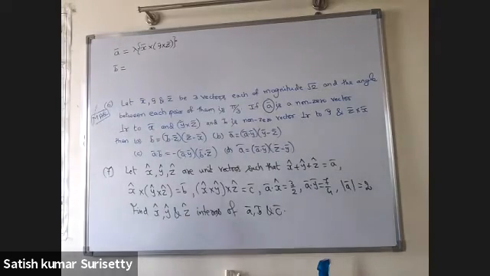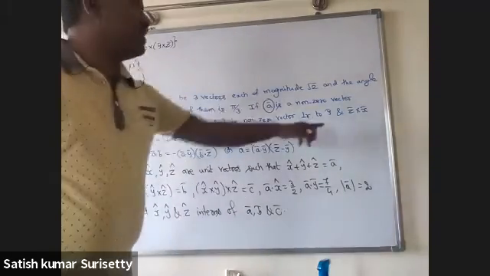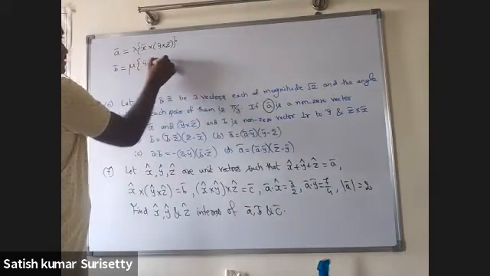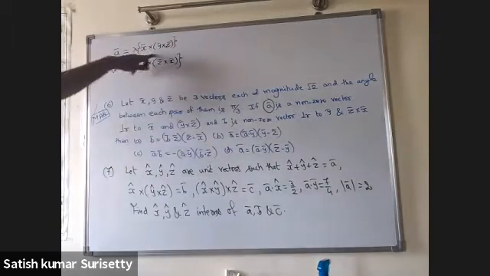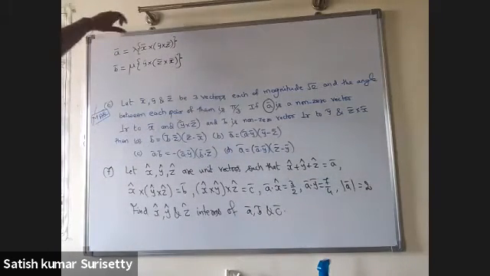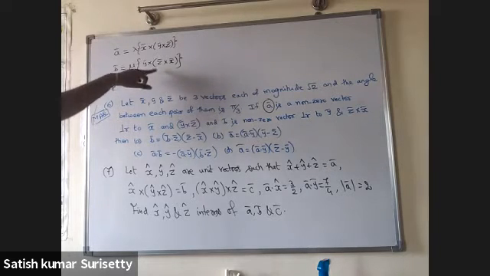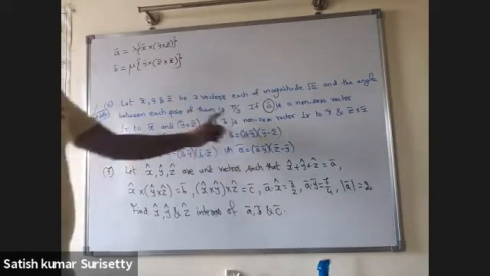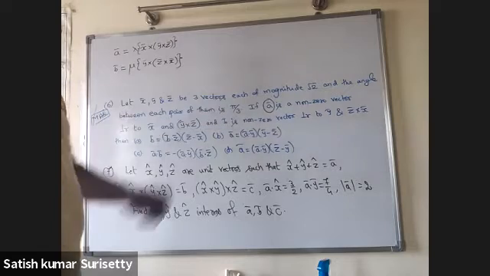What is b bar equal to? Some mu times y bar cross z bar cross x bar. Now you have an expansion of the vector triple product. So expand x cross y cross z and y cross z cross x as a linear combination of the vectors which are in brackets, and simplify. And use the angle between each pair as what? Pi by 3.